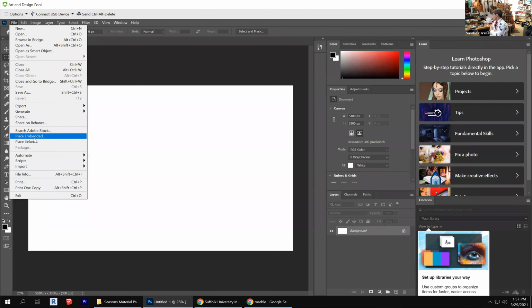That means that it's going to place the physical artwork into that layer and allow me to manipulate that directly. If I place a linked file, it's linking to an external image, and your composition is subject to the size of that external file. So I'm going to select place embedded,